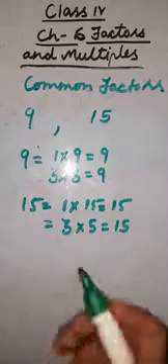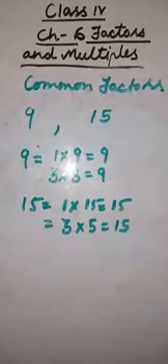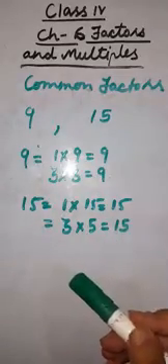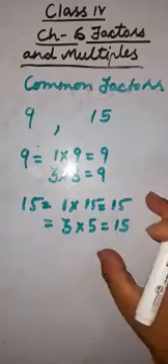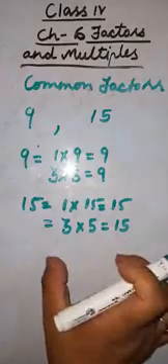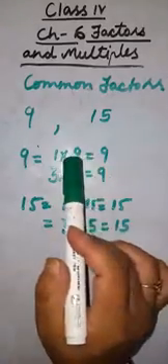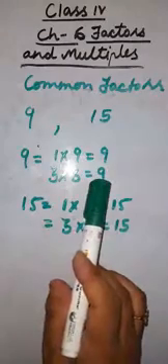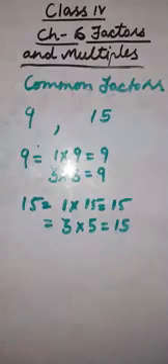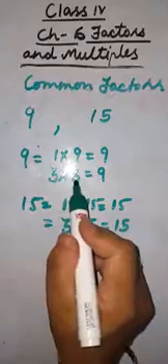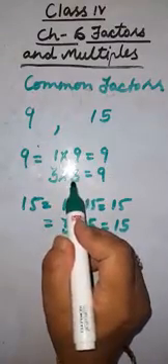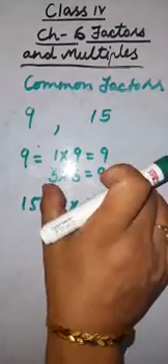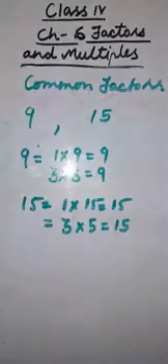4, 5. Okay children, how will you know when you have to stop? You are finding factors, right? You are finding them by the multiplication way. How will you know where you have to stop here? Here you can see 1 multiplied by 9 is equal to 9 and 3 3s are 9, right? Now this number is repeating again. After 3, 3 3s are 9, right? And 9 does not come in the table of 4. Here the number is repeating. So we will stop here. Now we will not find factors any further from here.